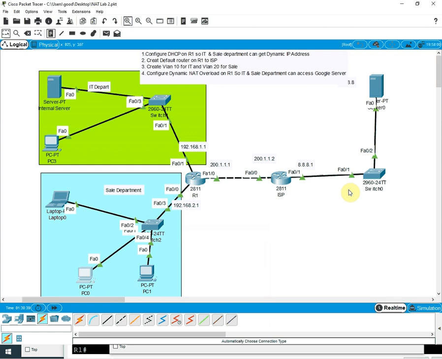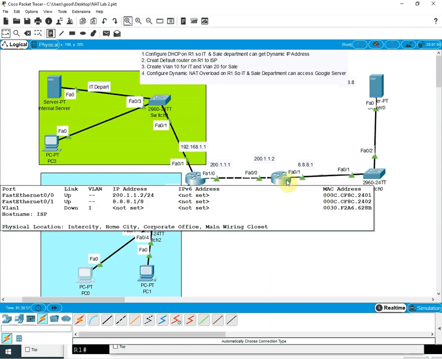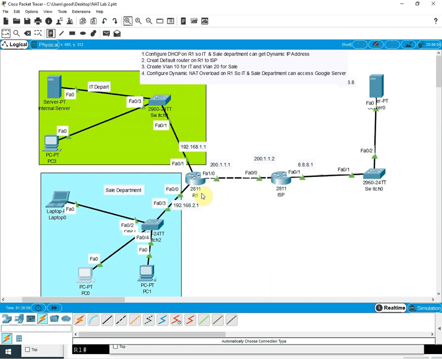And second point, we create a default route from our router to ISP server, ISP router. So whatever network is coming that is not in our routing table, so our router can forward that traffic to ISP. Okay, this one. So second point we done, and then we create a VLAN 10 for IT, VLAN 20 for sales, and we put all the port whatever belonging to this switch to IT and this switch to sales.